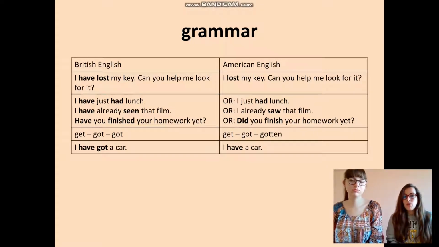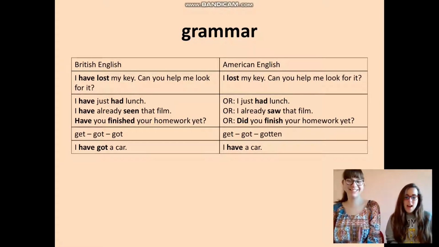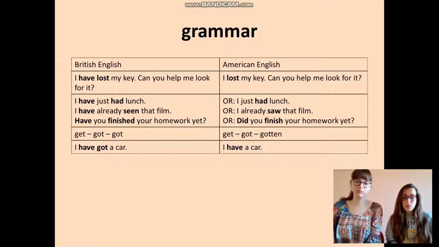I don't know if some of you have learned the American English, but I think in Europe we almost all learned the British. I don't know now. But however, in the American English, you can also use the simple past, and both versions are correct. Yes, we have here the example,